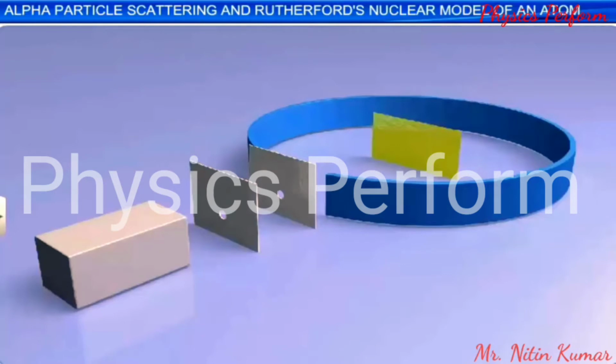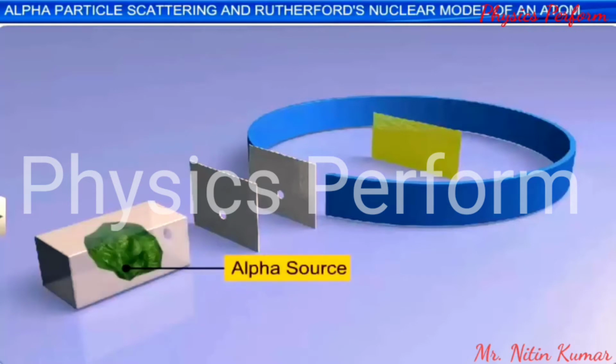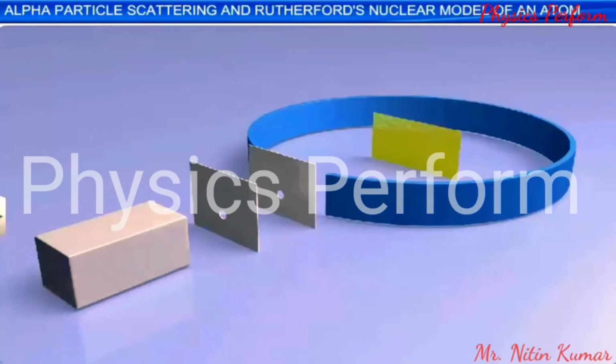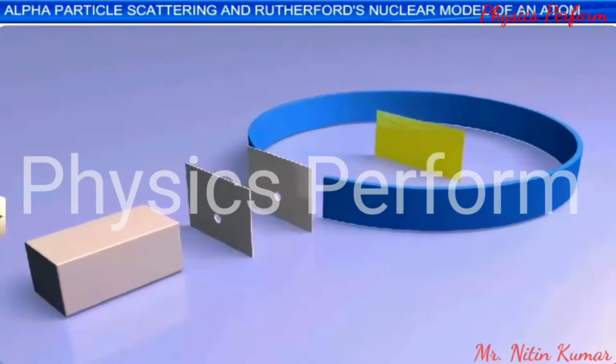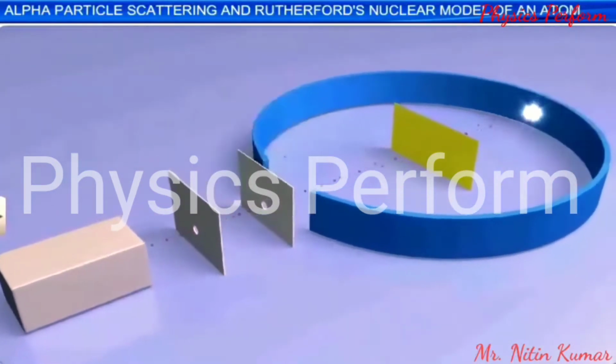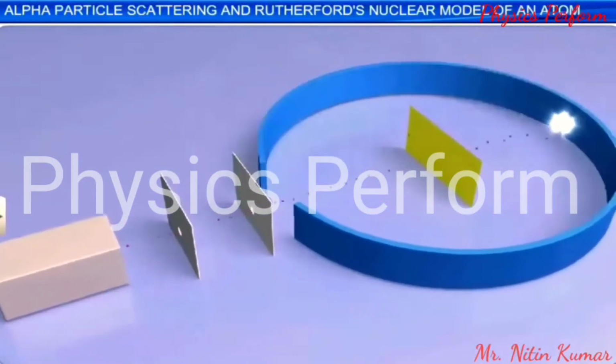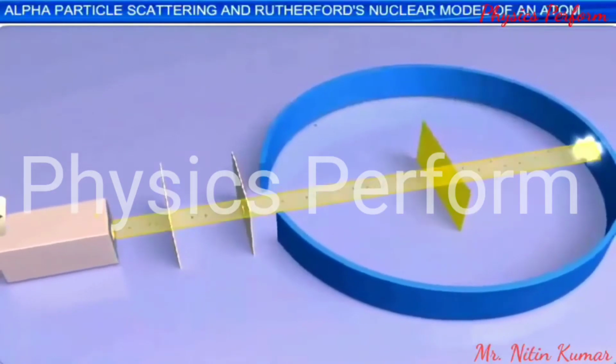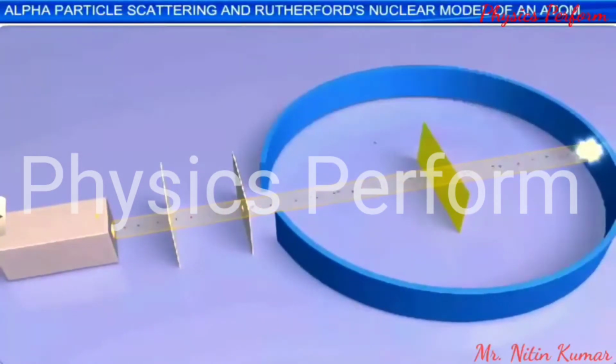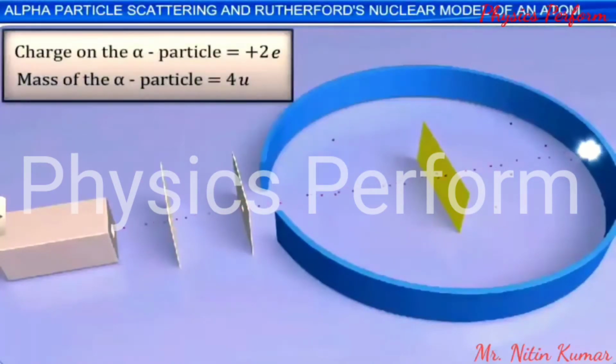The experimental setup consisted of a source of alpha particles, like bismuth-214, placed in a cavity in a lead block, and the arrangement was made to obtain a narrow beam of alpha particles by passing them through space between lead bricks. Here, we should remember that the alpha particles were actually helium nuclei. As we know, the charge of the alpha particle is 2 times the charge of the proton, and its mass